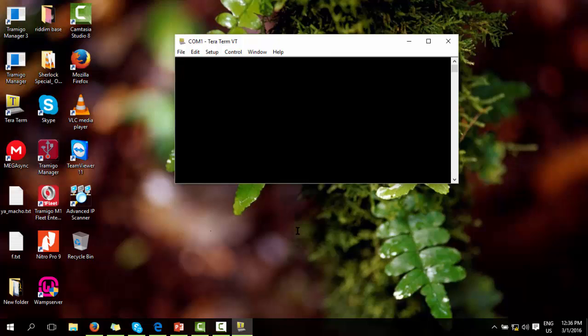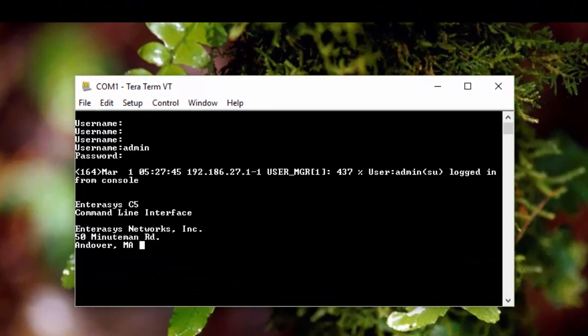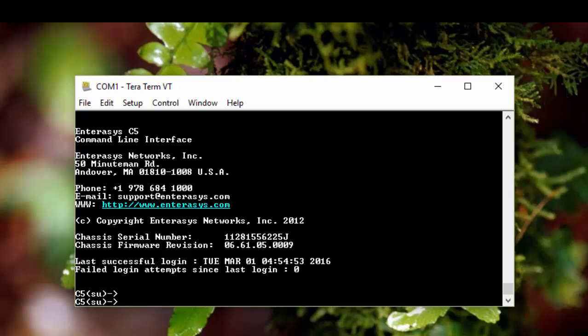By default, press enter. It prompts you for a username. The defaults are admin and a blank password. That will bring you right in. Now, the first thing we want to do is assign an IP address to this switch. How do we assign an IP address? We say set